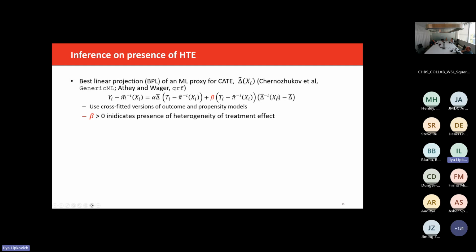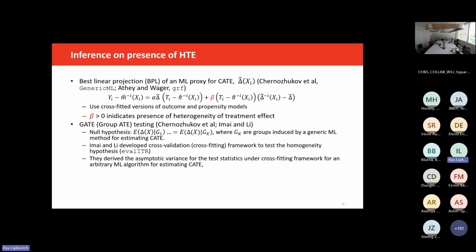So essentially, for each patient, you obtain the estimate without that patient fitted in that model, and there are different versions of that. So now you can prove that this beta equals 1 would show that delta is indeed well calibrated, and the inference on the significance of the beta would actually be the inference on heterogeneity of treatment effect. Other approach